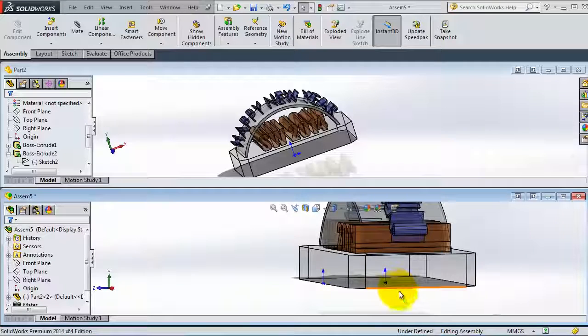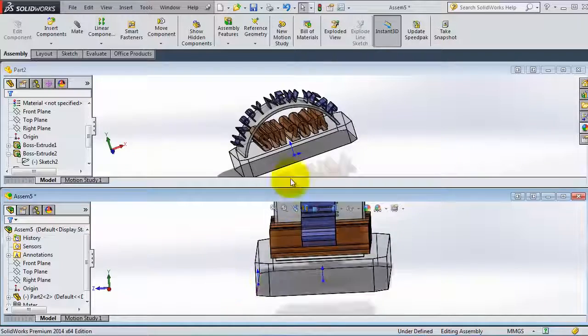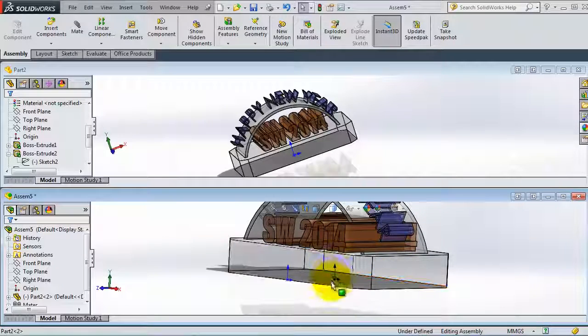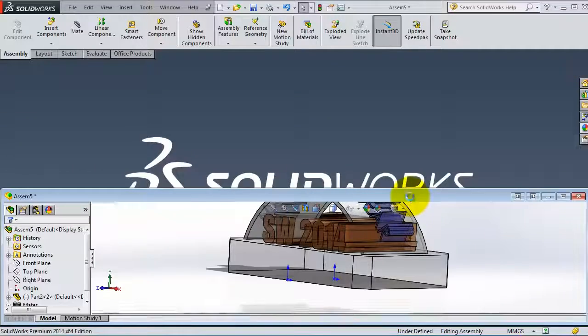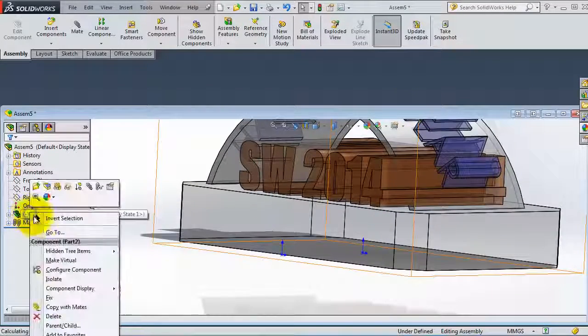Maybe this is not the way I want. Maybe I want the origin of that part to be somewhere else, to be coincident with the origin. And we found that inserting or dragging and dropping might be a little bit tricky to find your exact position. And we remember from the previous tutorial that we said you can see when you are inserting